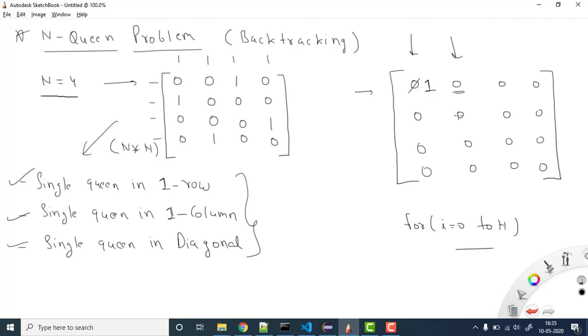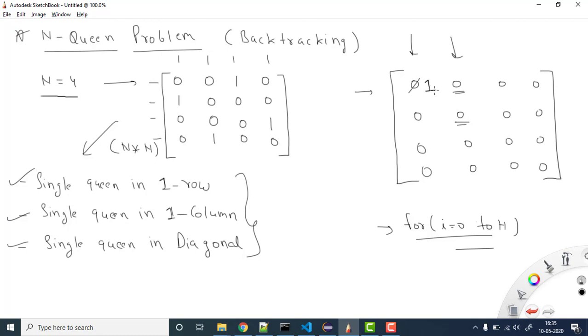If I am not finding a place in this row, then I will move further and check the next row. So I will check each row to see if I can place the queen for this column. Now I will check this row: can I put the value here? Again I cannot put the queen here because diagonal-wise here we have the 1.